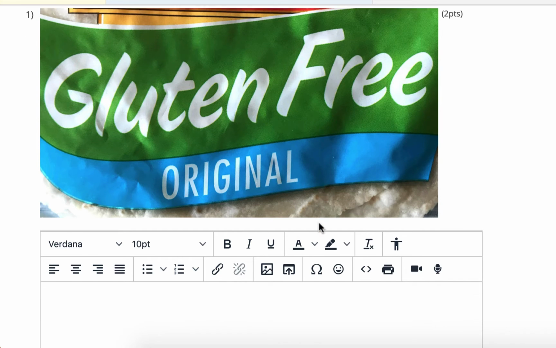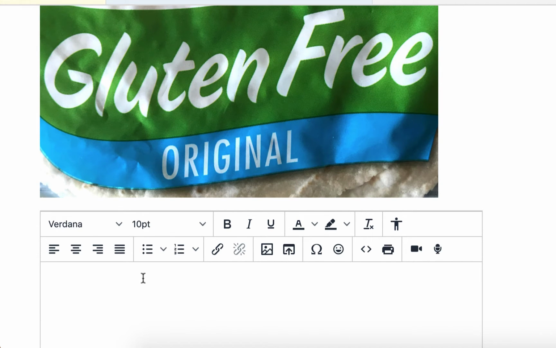For example, you might look at this, and you might look at gluten-free, and you might say, that's a slab serif. Now, that's not, but I'm just saying that. Let's say that's a slab serif, and you could put something down here like gluten-free. If you don't feel like typing a lot, you could just put GF, and you could put slab serif if you think that's a slab serif font. And then just put a comma, and then just put like orig. If you don't want to type out original, although it's not that hard to do that, you could say original,